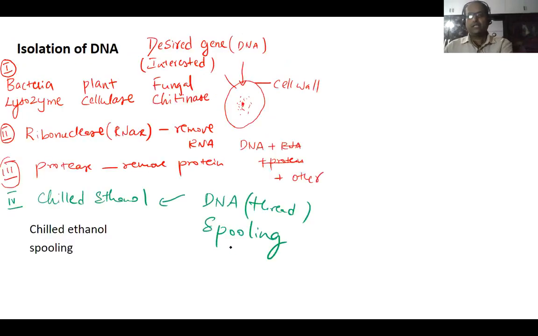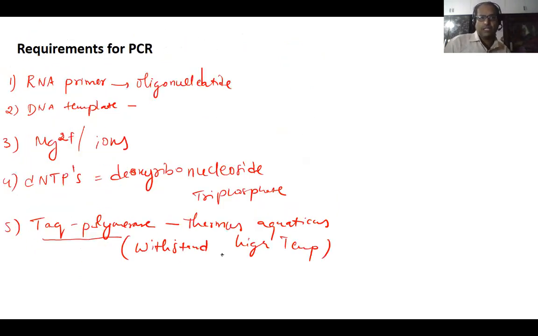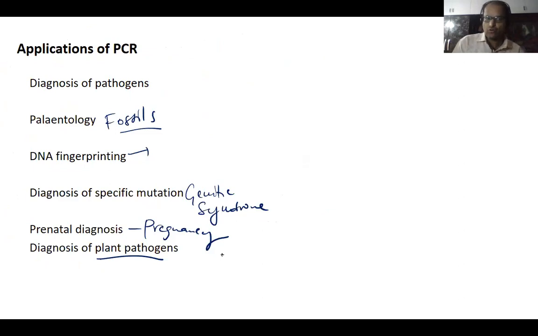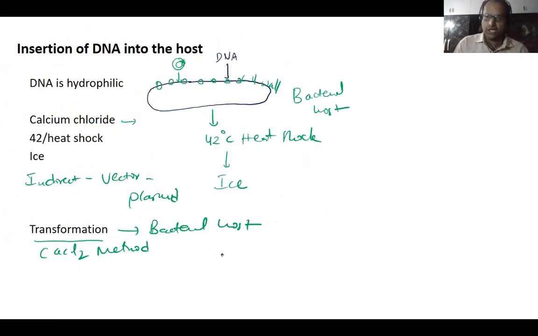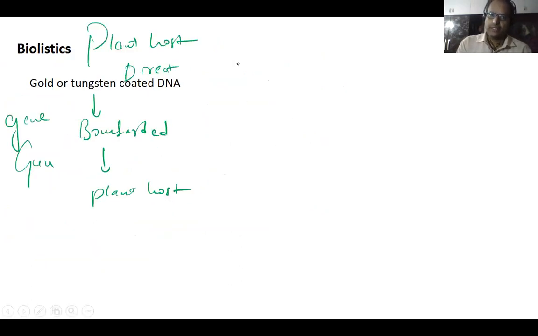Now that's about the vectors. The next thing we have to understand is the processes of genetic engineering. In that, the first process we need to understand is isolation of DNA. After that, we need to study gel electrophoresis. Then PCR technologies we need to study, and then we have to go for insertion of the DNA into the host. These are all we need to understand in this particular concept. So now, one by one, the steps of the principal process of RDT, recombinant DNA technology, have to be understood. Okay, we will continue in another session.